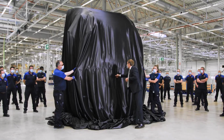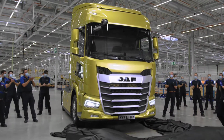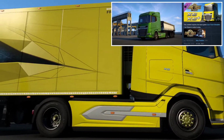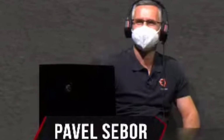The DAF XG and XG Plus got implemented in the game Euro Truck Simulator 2 one day after the official release, which was on the 9th of June 2021. We, virtual truckers, got the truck on the 10th of June 2021 at the end of the SCS Software live stream, in which we were able to see Alex, the community manager, Nemiro from public relations, Pavel, the CEO, Oscar, the industry partnership manager, and for this occasion also Marie van Hout, who is the sales manager for DAF Trucks